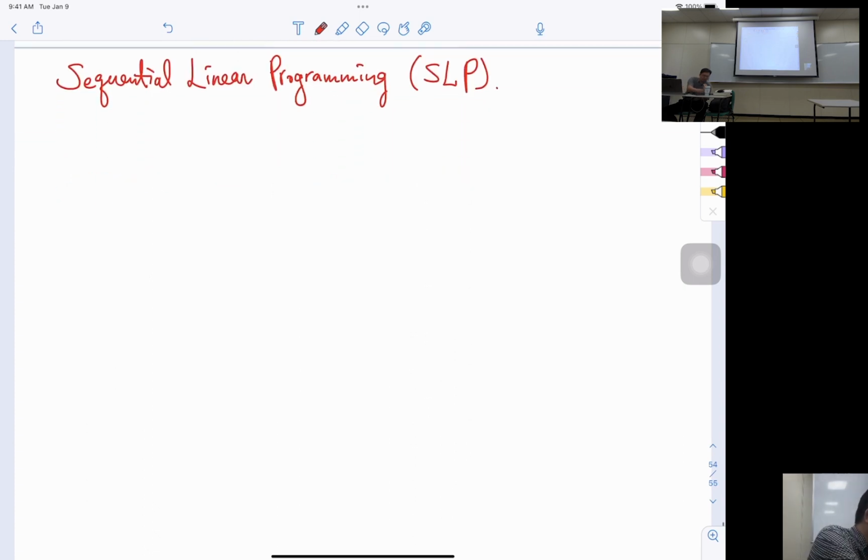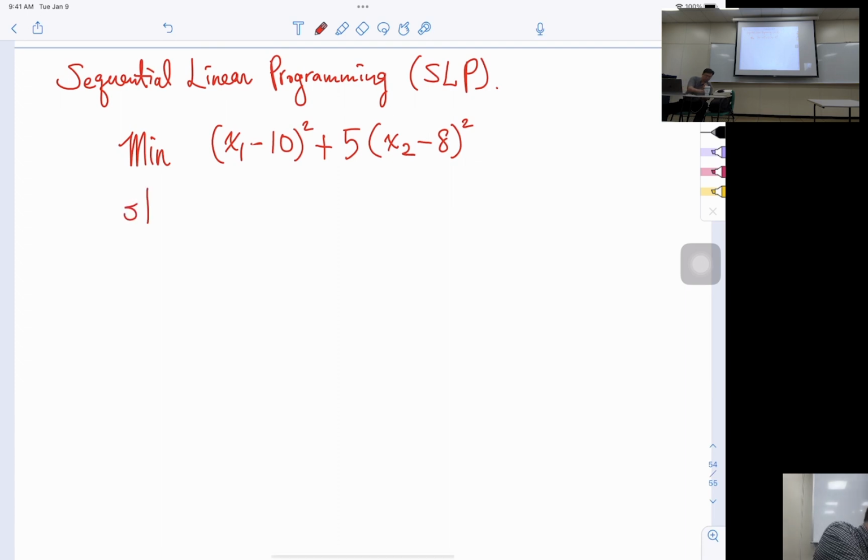So what happened is we can try to minimize a problem like this. Let's say x1 minus 5 squared plus 2x1, make it larger, minus 10 squared plus 5 times x2 minus 8 squared. For example, there's a nonlinear quadratic problem subject to